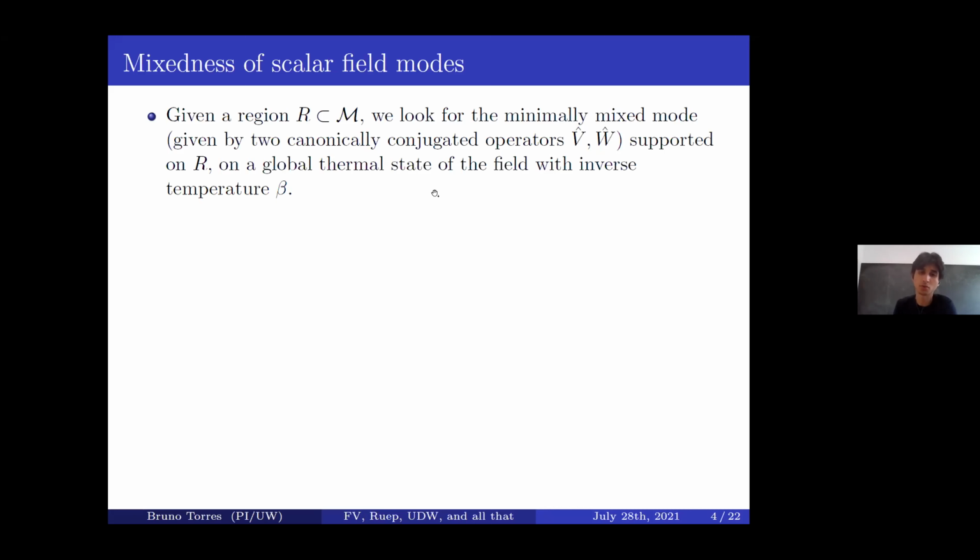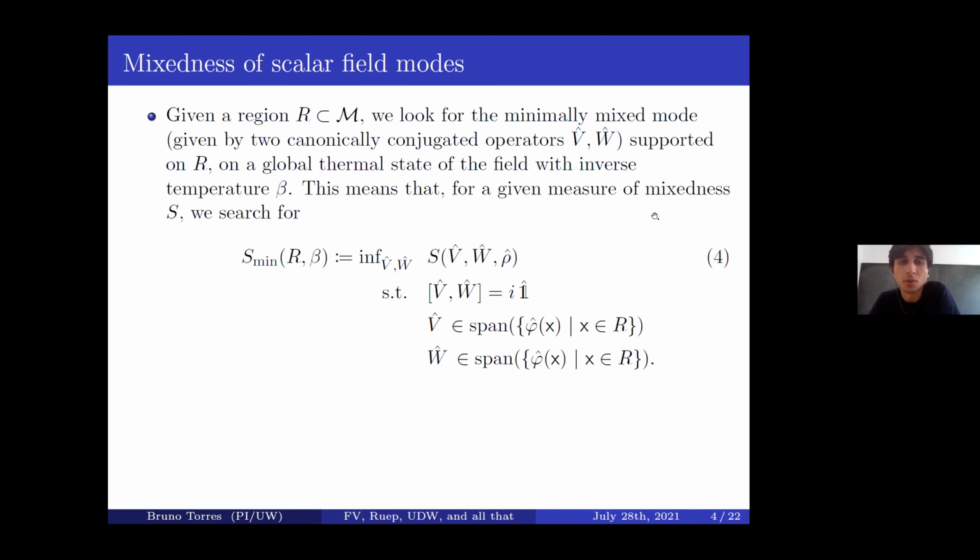I'm implicitly assuming that we're in a regime where these statements of a global state of the field with some well-defined temperature make sense. In other words, we're going to be looking for some measure of mixedness that I'm defining here as S, and we are basically dealing with an optimization procedure in which we look for the minimum of such measure of mixedness